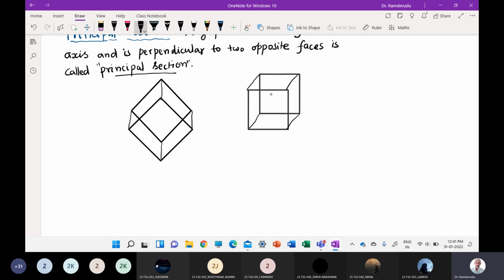From that, if I take this axis that is passing through the blunt corners, this is the blunt corners that is going. So I can draw any of these lines parallel to this, another line parallel to it, and I can draw another line parallel to this. These all are optic axes. So if I want to show the exact location of the optic axis and a principal section in this, if this is the calcite crystal I have taken,